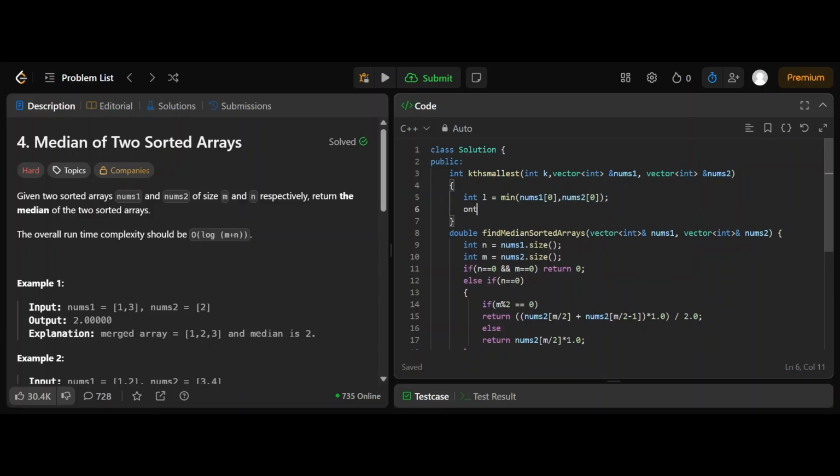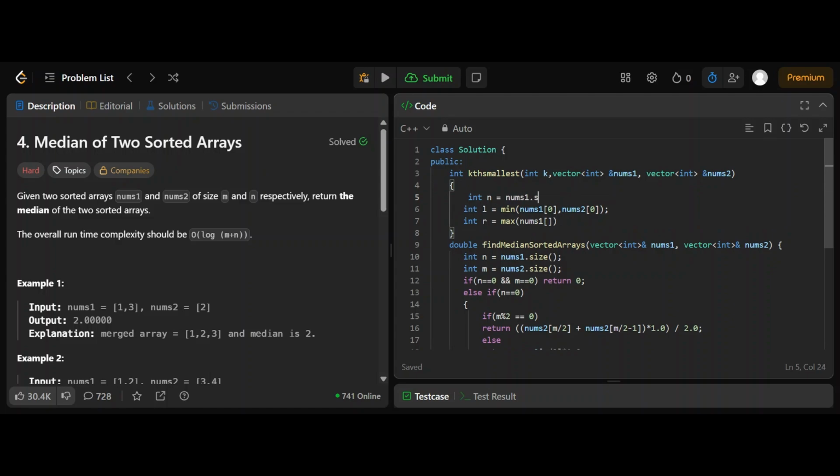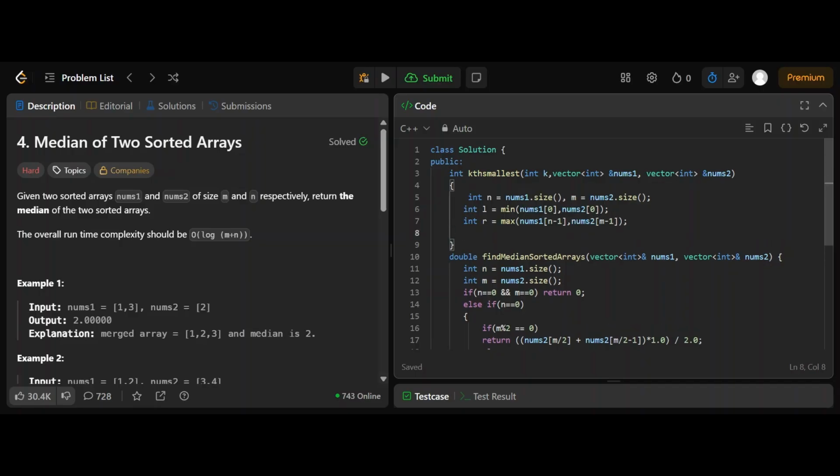R could be the maximum of both, the maximum of nums1 of n minus 1, where n is this size, and m would be this size, and nums2 of m minus 1. Cool. And then we have while r minus l greater than 1,